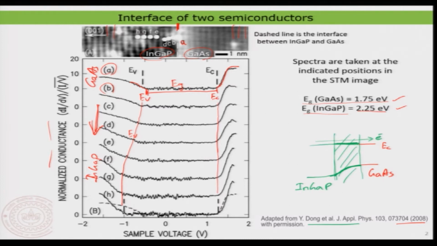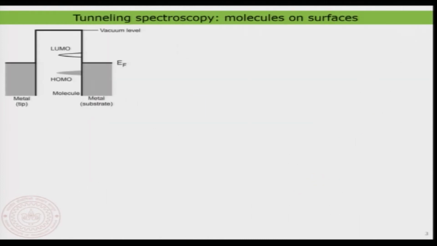Good. Now, I want to switch the tunneling spectra to molecules on surface, because we also have talked about molecular adsorbates, and in this context I am going to talk about the semiconducting type of molecule, because those are the molecules which have been quite celebrated in the field of semiconducting thin film technology. So, therefore, we are going to focus on those kinds of molecules particularly. We are going to look at how the spectroscopy of the molecules on a surface looks.